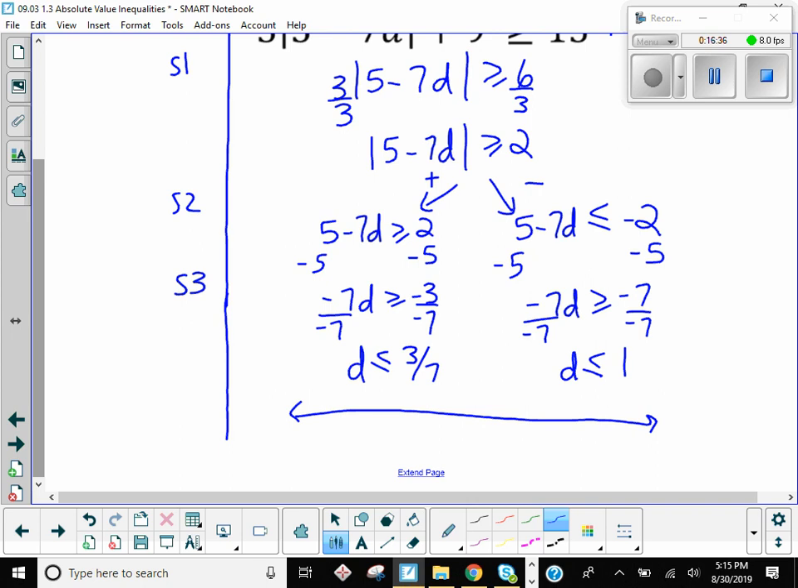So I need to have everything less than or equal to 3/7 and greater than or equal to 1. So 3/7 is here on the number line. 1 is over here. So less than or equal to 3/7 looks like this. I have a straight bracket and everything to the left. And then,